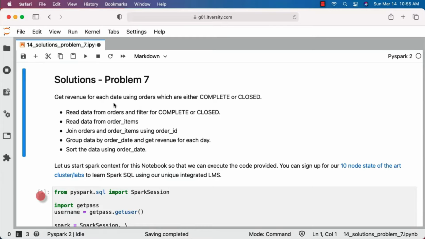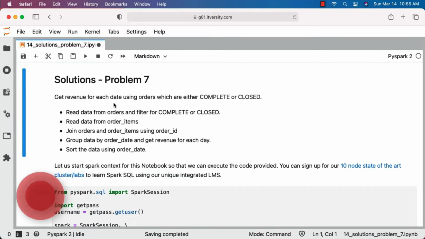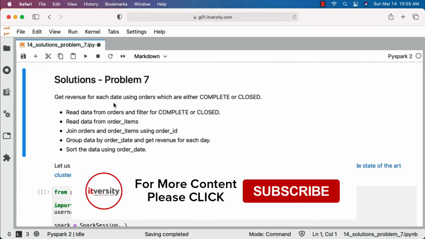This is the problem statement which is not defined before getting into joins, but I want to go through the solution for this problem statement as well. The problem statement says get revenue for each date using orders which are either complete or closed. To come up with the solution, first we'll be reading data from orders and filter for